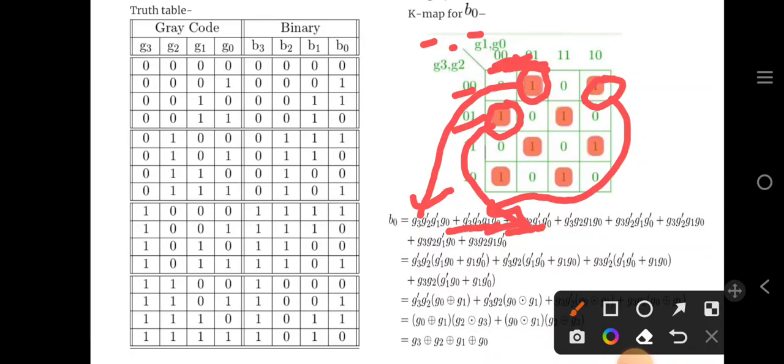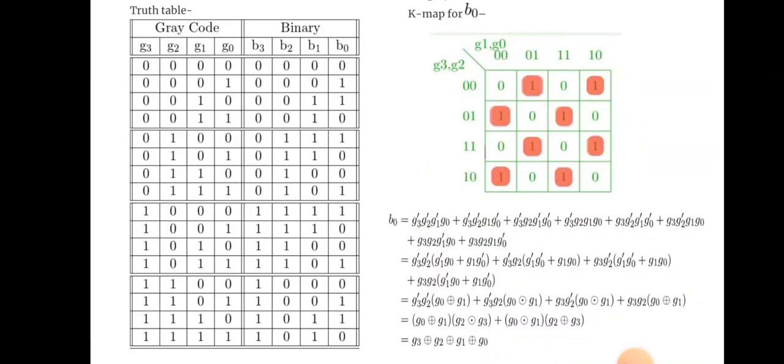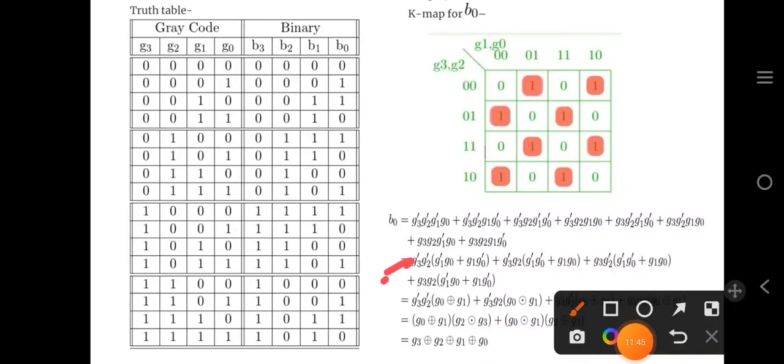Similarly, one by one the groups are written. This variable is for this group, this variable is for this group, and so on, the second last is here and the last one is here. So one by one we have written the variable equation for every one. Now if you take G3 dash and G2 dash common, where the other variables are the same, then after minimizing this complete equation, you will get the second derived form.